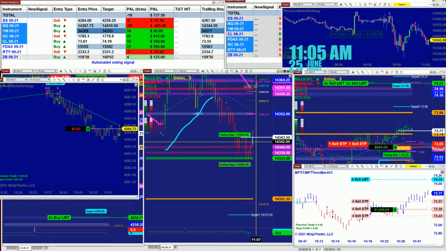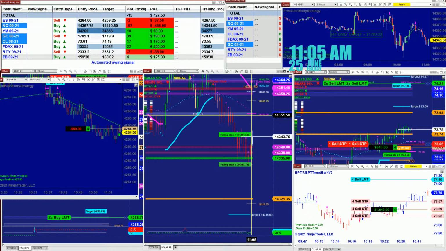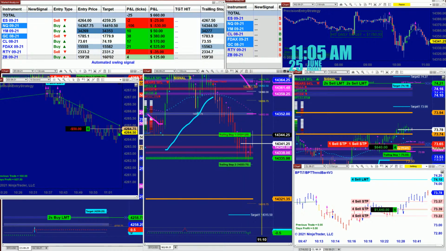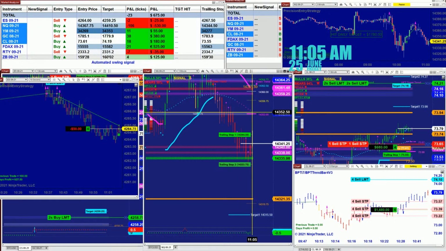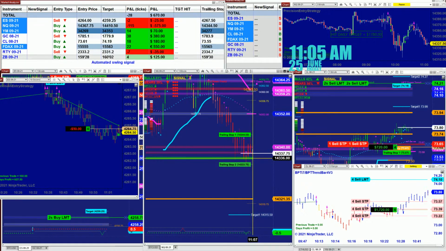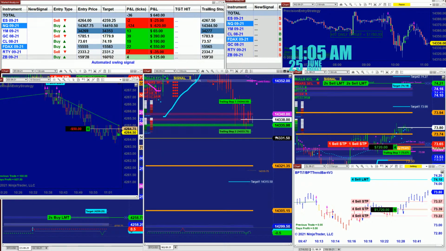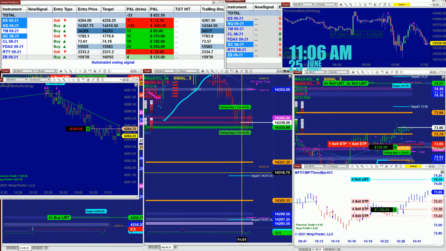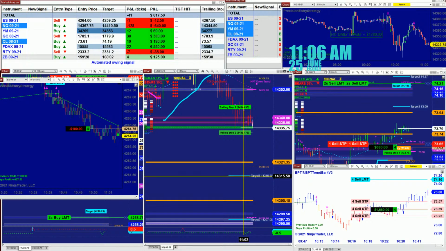The destination on that NASDAQ is only to here, 14,351. This is not a big trade. It's going to be projecting from here. So this is not a big trade. If this NASDAQ broke this projection at 33, that means we are going all the way down to target 1,